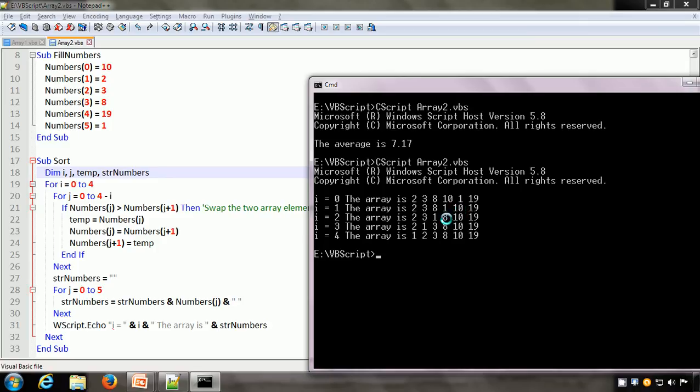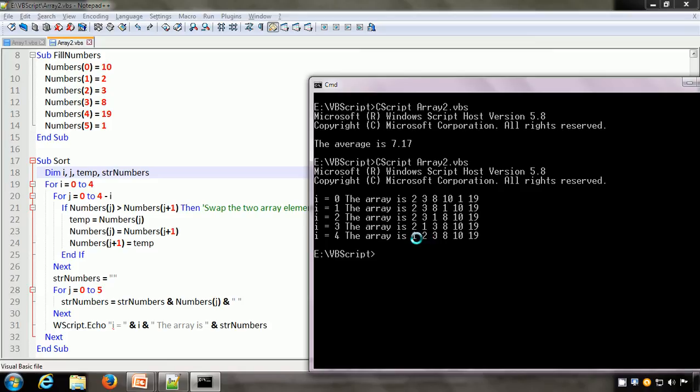And when I was 2, the third highest element went to its correct position. When I was 3, the fourth highest element was in the correct position, and when I was 4, the fifth highest element was in the correct position. So at the end of the outer loop, we can see that the entire array is sorted.